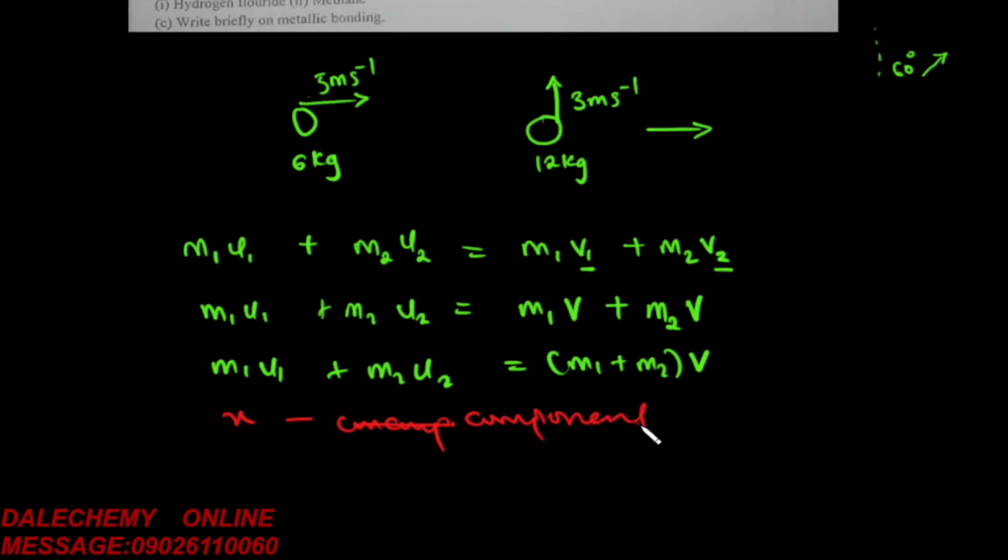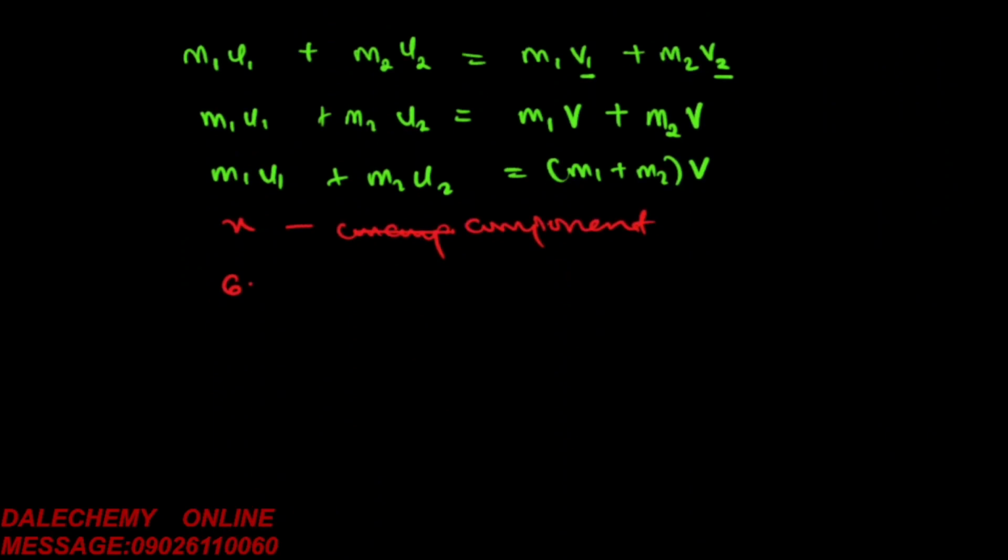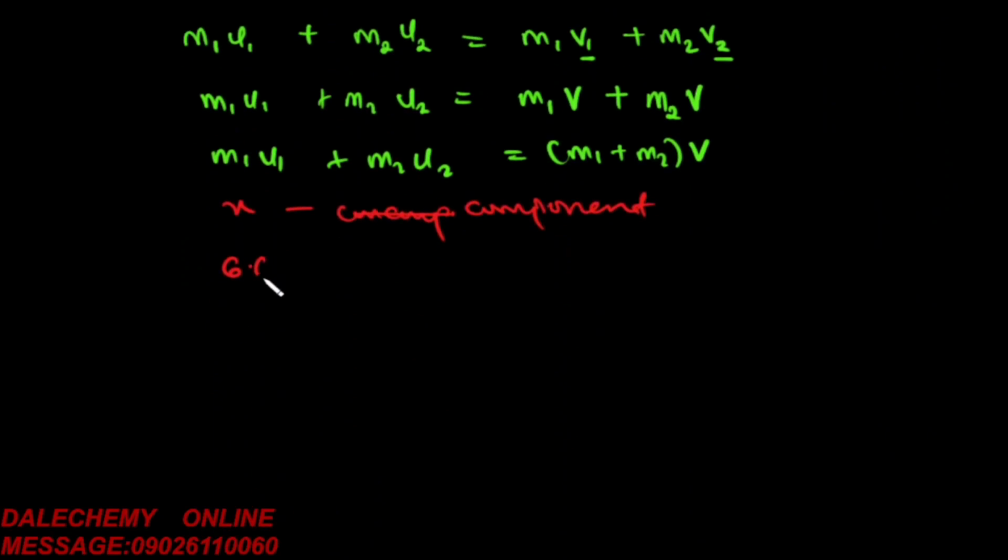Okay, the x component of the velocity is going to be, the first mass is 6 kilogram times its initial velocity in x-axis is actually 3 meters. Is this 3 or 5? This should be 5. Let me check. So from the question, it is actually 5 meters per second. So that will be 5 times 5